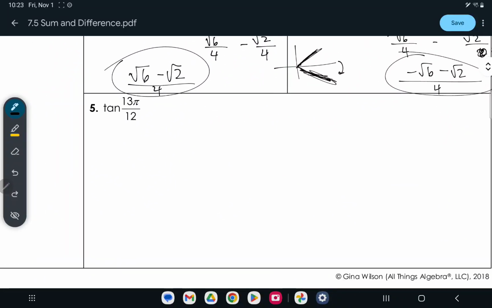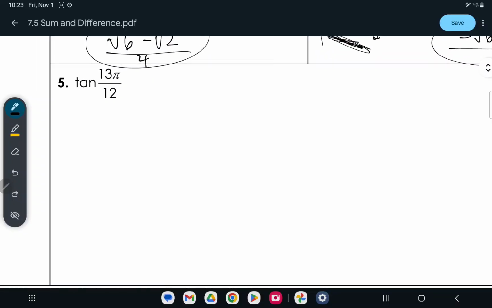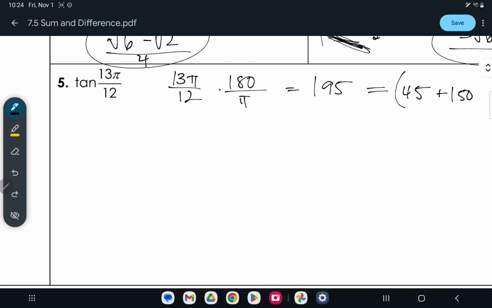We can also do tangent, everyone's favorite. Tangent. Okay. So 13 pi over 12 times 180 over pi, just so I can figure out the degree. So 13 times 180 divided by 12, that's 195. And let's see how I could get 195. I could break that into 45 plus 150,